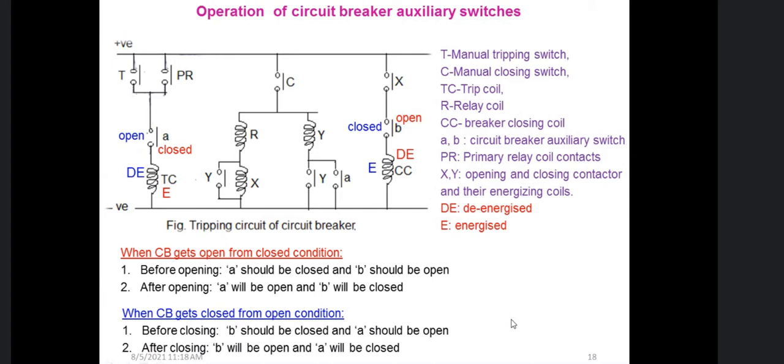Now the thing is that when there is a manual switch button, if you withdraw a circuit breaker or disconnect a circuit under a healthy condition, that is obviously not good, but it is not so fatal as compared to when you are closing a circuit during a fault. So the manual closing button should be unable to close the circuit during a fault. There should be that interlock. Actually, that is the main function of this tripping circuit.